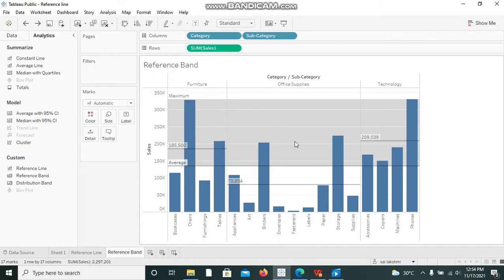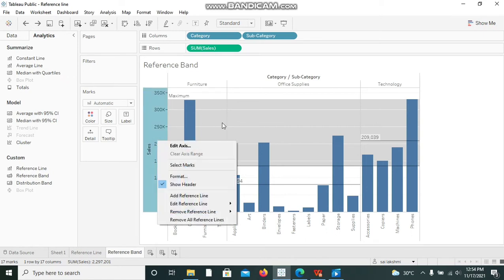That means it will highlight the data from average to maximum, I mean the categories which are doing above average till maximum based on the entire table. Now I am going to edit the reference.